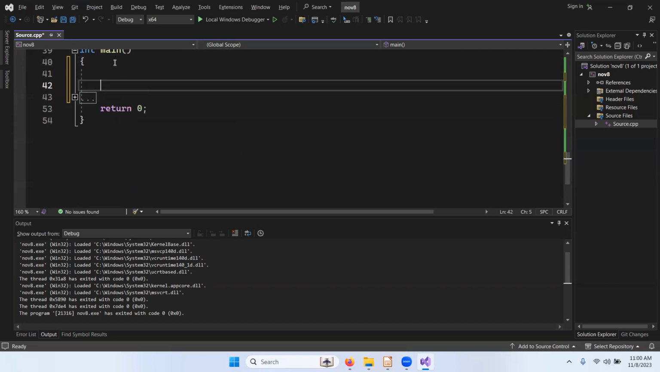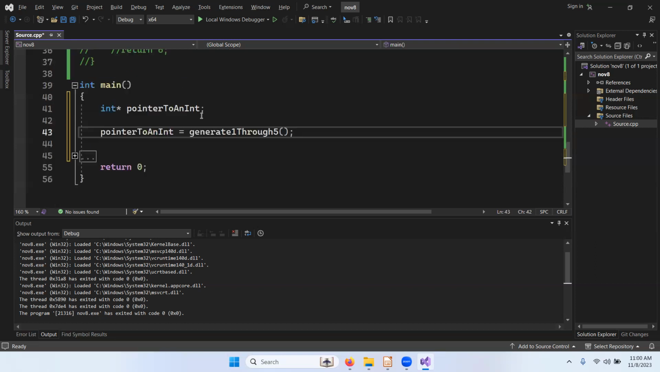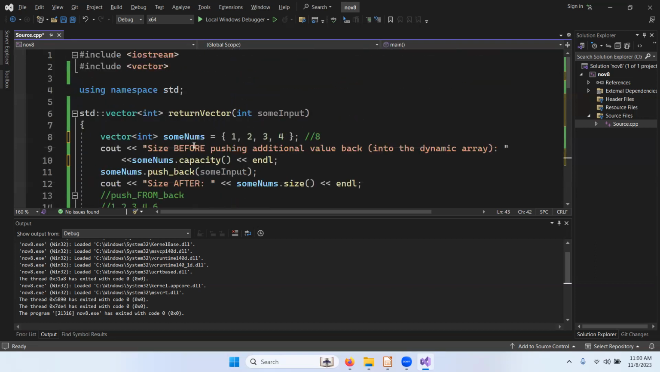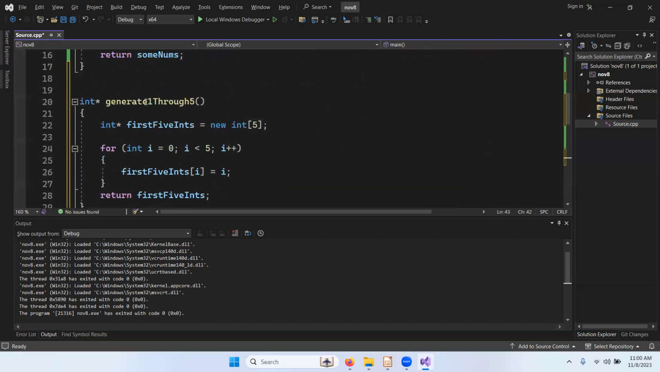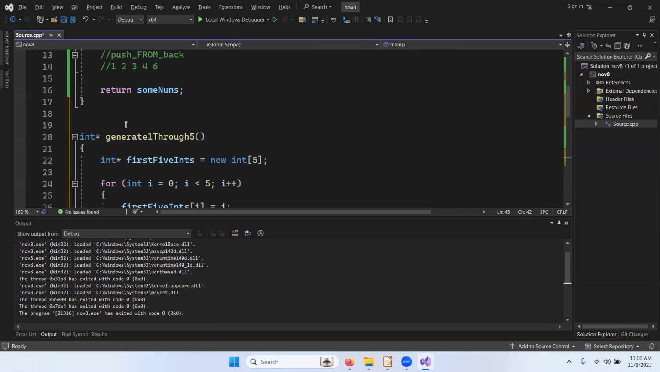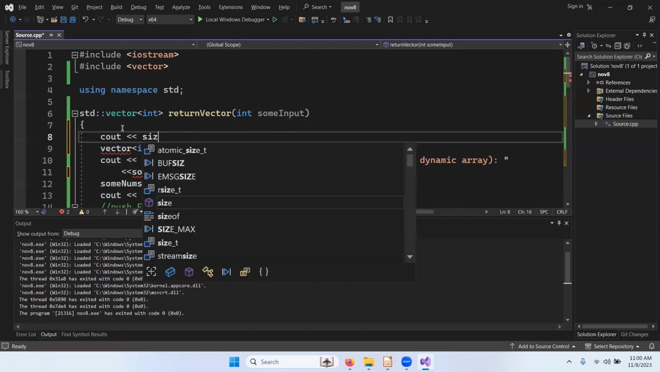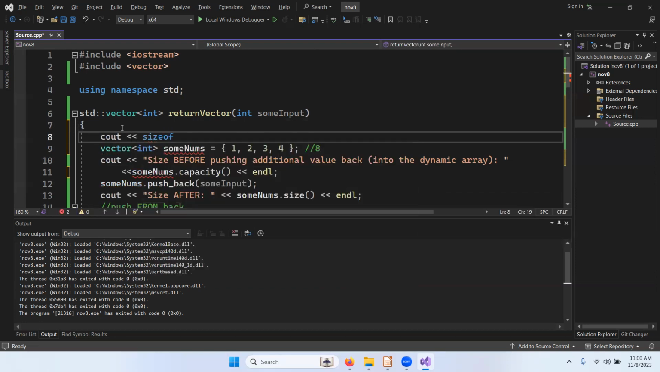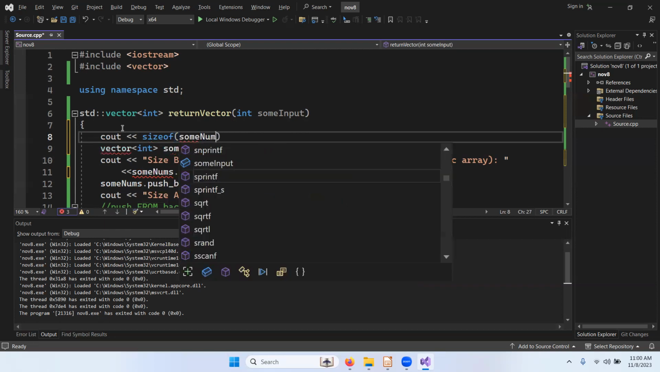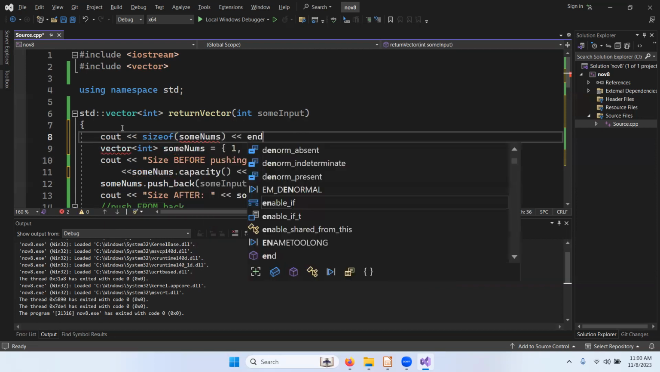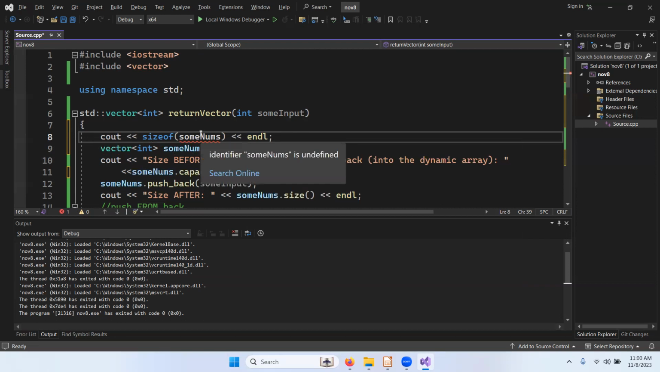This is another way to do something similar to what I did with the return vector function, except this way potentially saves a little bit of memory space. This use of a vector consists of some overhead. If you say cout size of the vector object some nums, and you compare that,